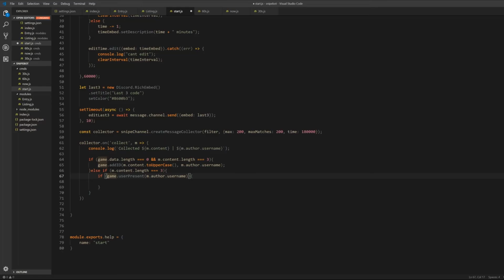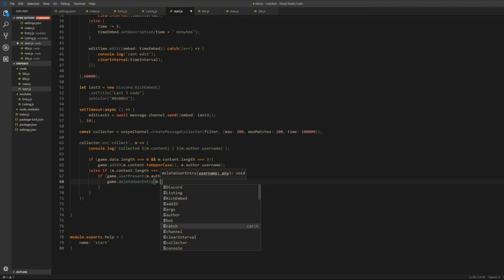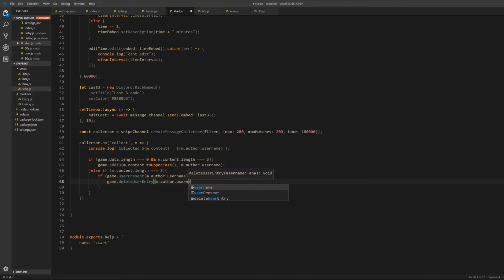So if the user is present, we have to delete him, right? So game.deleteUserEntry. And then who do we want to delete? We want to delete the current author of the message, message.author.username. And like this, now it's gone. So I can use this username again without making a replica, but I also want to know if the ID he wrote is present. So let's say if